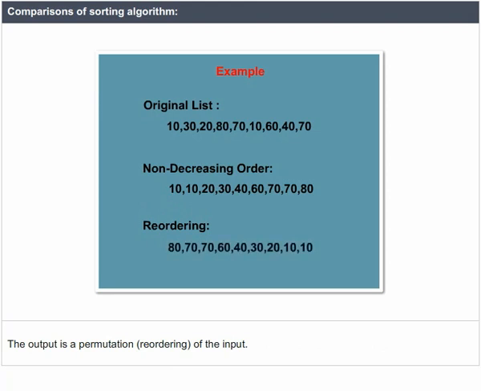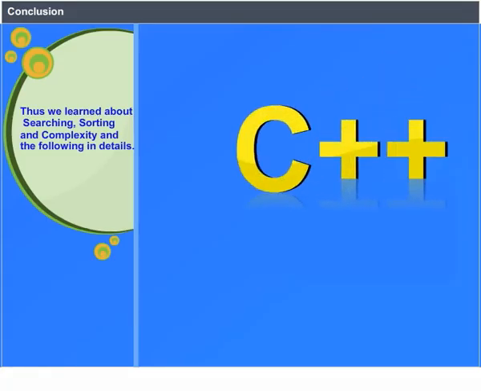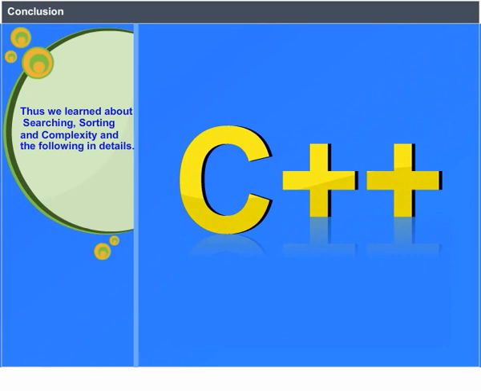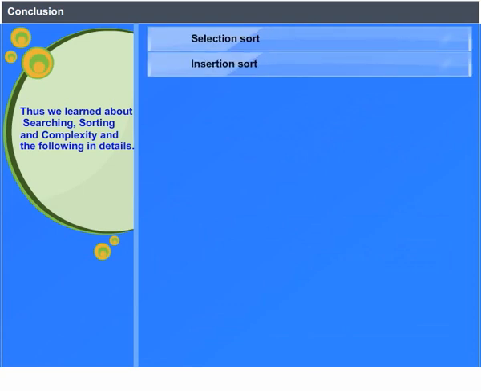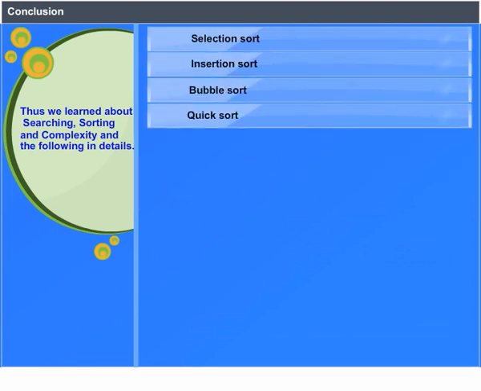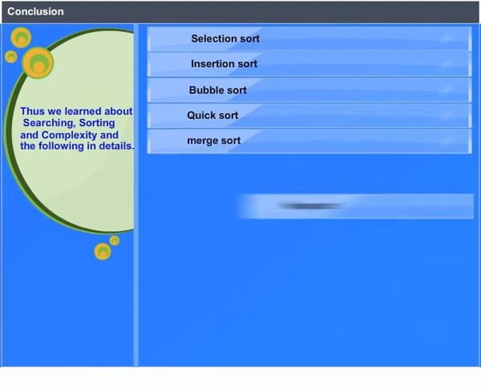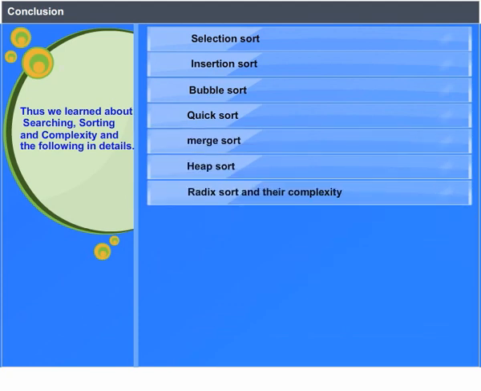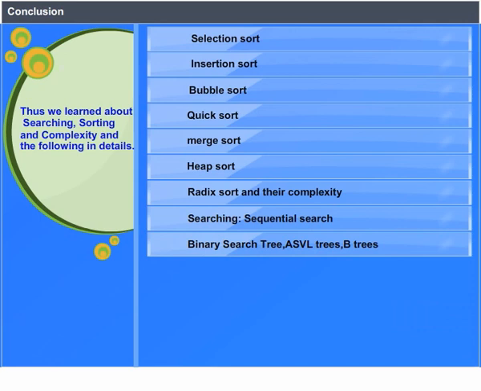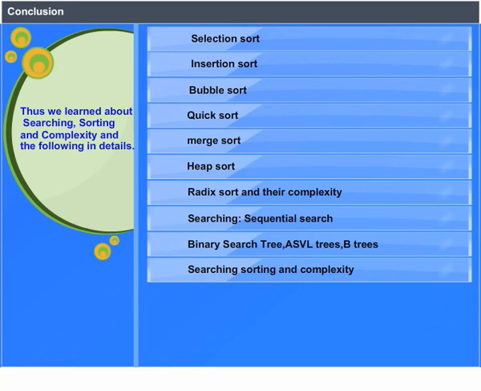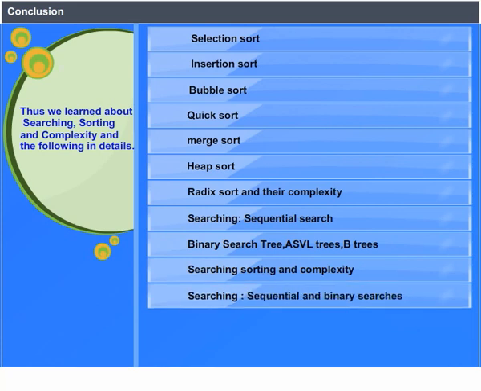Conclusion. Thus we learned about searching, sorting, and complexity and the following in detail: selection sort, insertion sort, bubble sort, quick sort, merge sort, heap sort, radix sort, and their complexity. Searching, sequential searching, binary search tree, AVL trees, B trees, searching, sorting, and complexity. Searching, sequential and binary searches, indexed searches, hashing schemes,